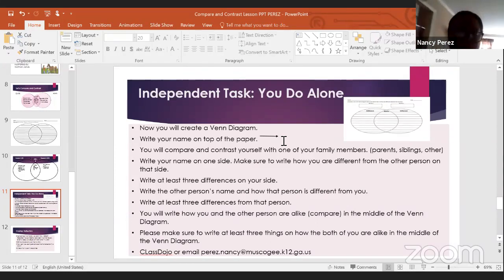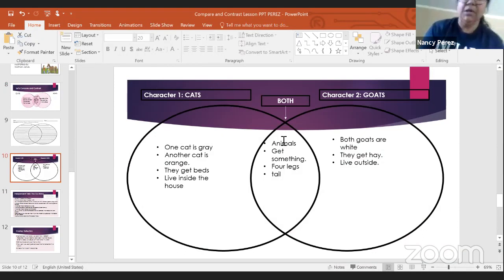You're going to write your name on one side to make sure to write how you are different from another person on that side. You're going to compare yourself to a family member. And then you're going to